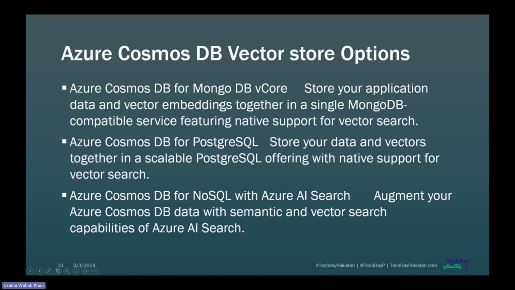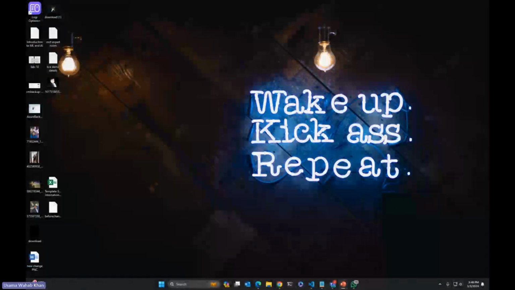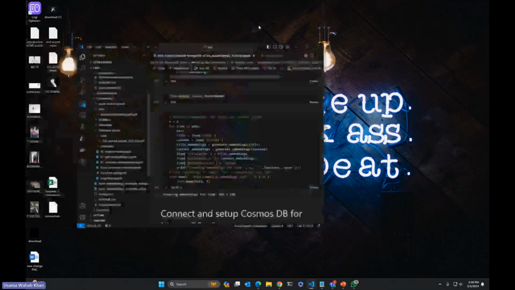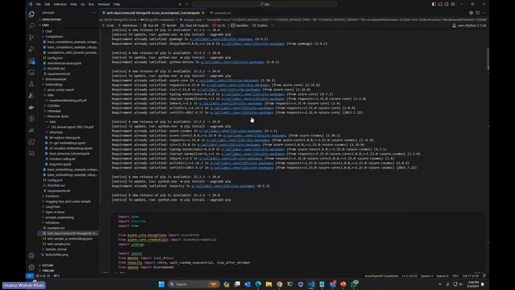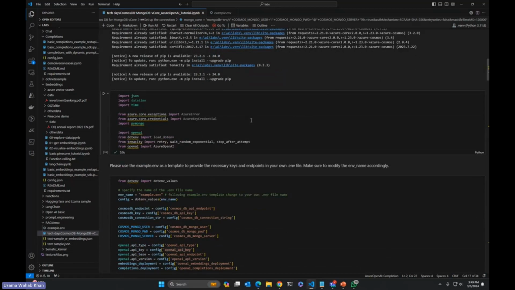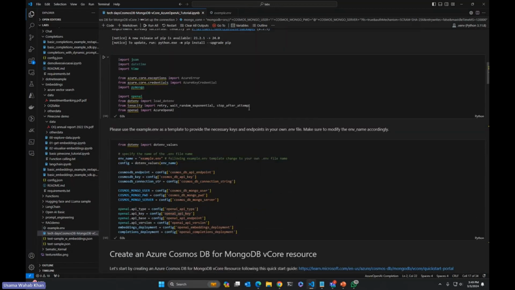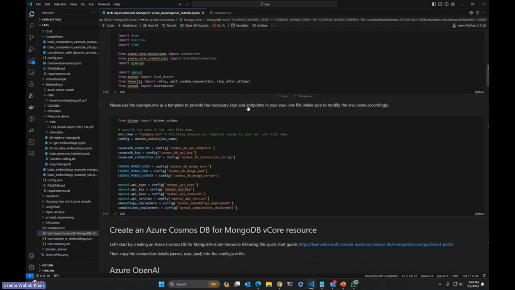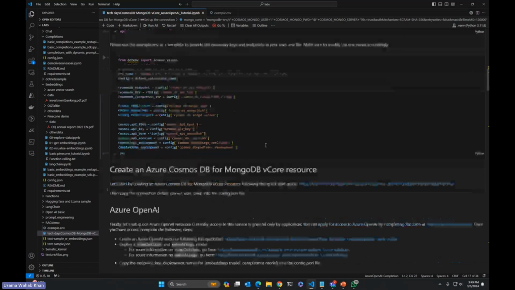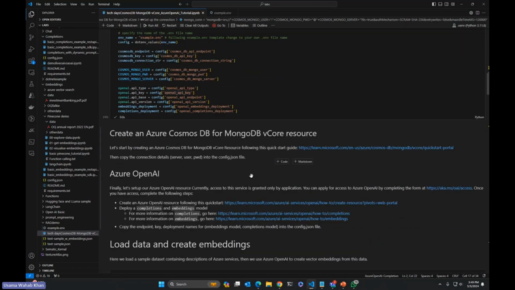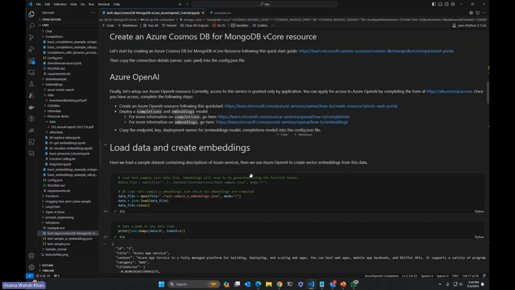Since I have run out of time, I have earlier created this whole notebook for you guys, and I planned to run this demo, but it's a very extensive demo and might take a longer time. So I will record a video of that demo and put it on the internet. Anybody interested can grab these files from my Twitter, and I will give the files to Adnan Bhai and the team. They are going to put them in their repository as well, so you can run it on your own. It has all the descriptions needed to run this particular demo.